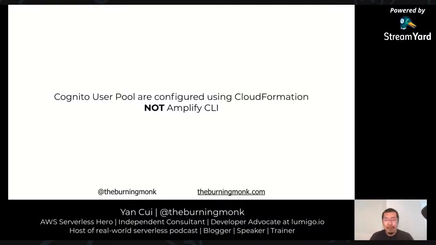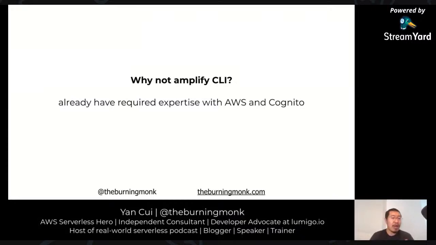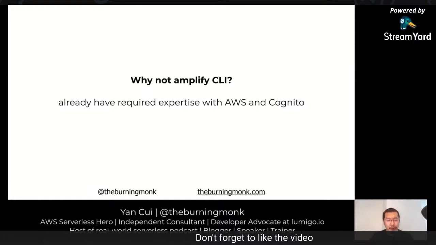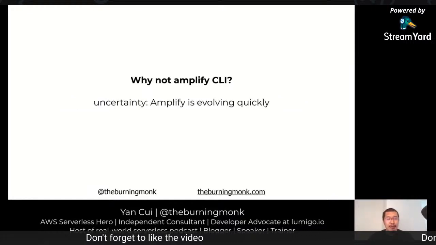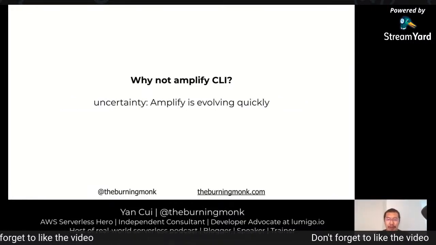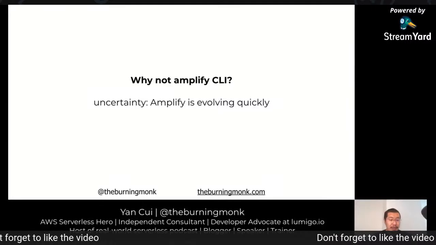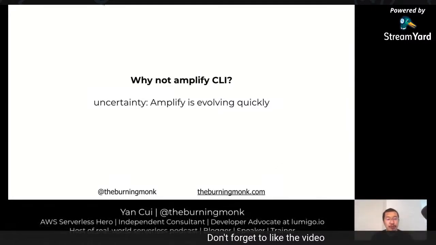However, I didn't use the Amplify CLI to create and configure the Cognito user pool or the DynamoDB tables and things like that. I did them by hand because, well, I know how to do that quite well. And if anything, I want to know what's happening, what's being configured intimately. And with the Amplify CLI, I think it's evolving very quickly. But I also heard the reports of breaking changes, and that's not something that I'm willing to deal with on a client project, where the goal is to be able to hand this off as a solution to somebody else later.